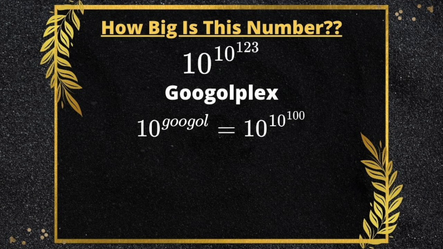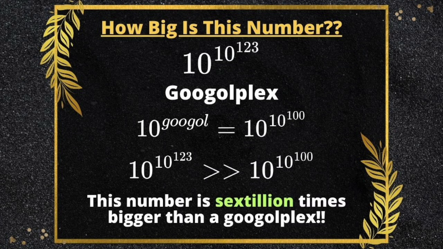All right, so 10 raised to a googol. That's a googolplex. That's the biggest number that we have with a name, unless you count infinity, but we're not counting those. We're counting natural numbers. This is a number that is bigger than that, and it's significantly bigger than it. Okay, this is absurd. It's usually understood that there are 10 to the 80 atoms in the universe. This number is so beyond ridiculously huge. It's literally inconceivable.